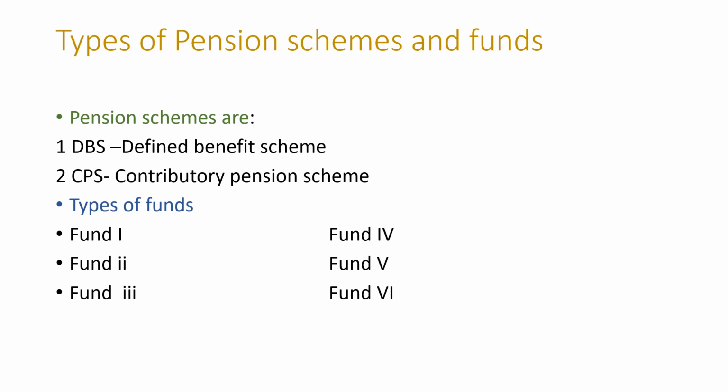Fund 1, 2, 3, 4, 5, and 6. The funds are defined by age. For Fund 1, they are all employees within the age of 49 years and below, and this fund is by choice. Fund 2 is a default fund for all active contributors that are 49 years and below. Fund 3 is also a default fund strictly for all active contributors that are 50 years and above.